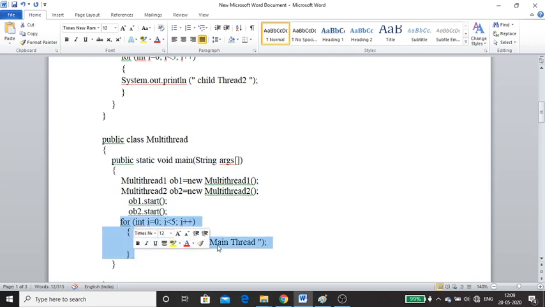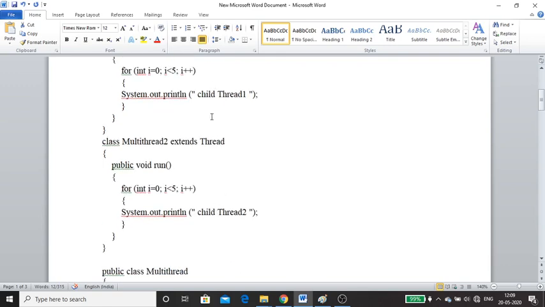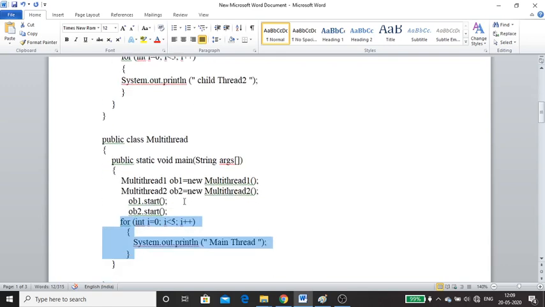Now all three threads, the main thread, child one and child two, are executing simultaneously.